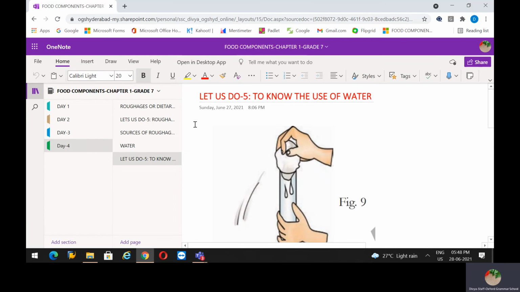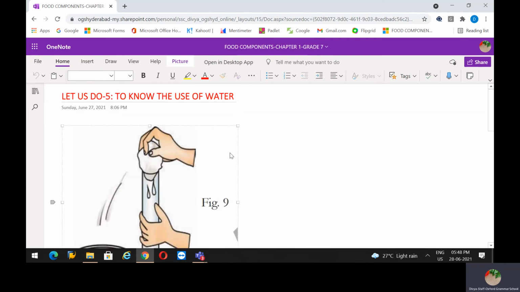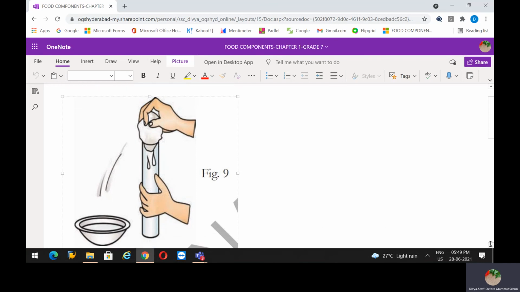Let's go with an activity regarding water, children. Okay, let's know the use of water. See, take a piece of sponge and try to move it in this pipe like this. Okay, so you can observe it moves with some difficulty, children. Now remove the sponge from this pipe, dip it in water and try to move it again in the pipe. Then you will observe that it is moving freely and smoothly into the pipe. So why does it move freely? Because we have dipped it in water. In the same way, water is food and it also helps the food to move easily in the digestive tract.